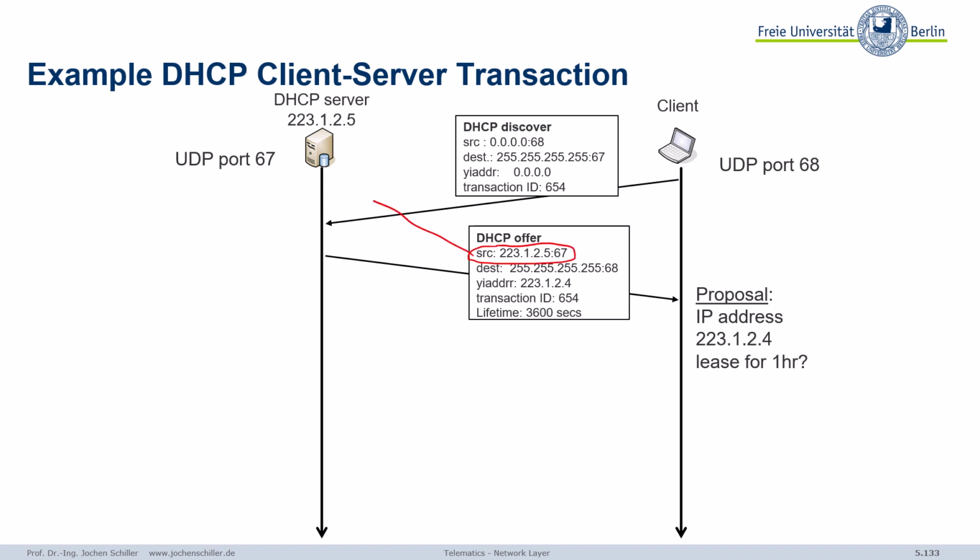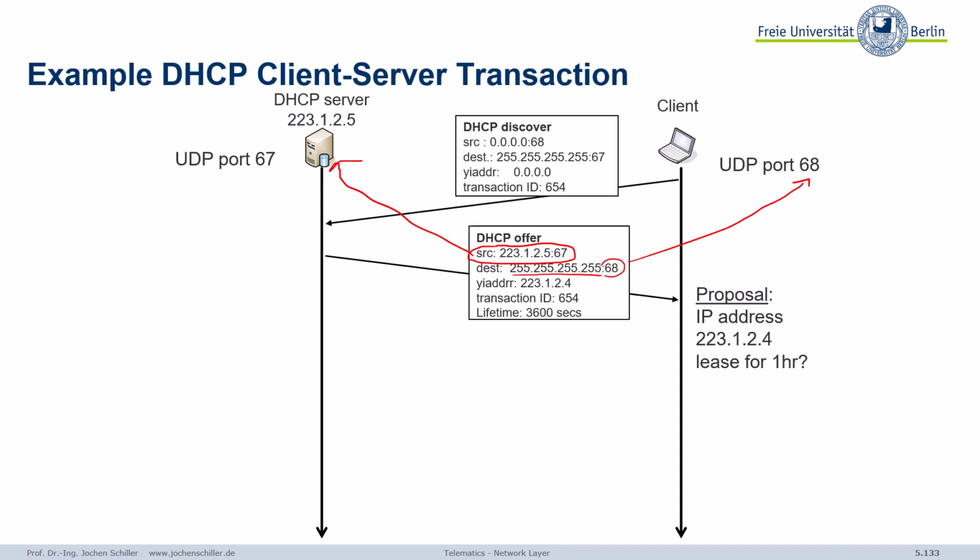That's exactly the source address of this DHCP server. It also goes to everyone to broadcast, but to a certain port. That's exactly this port here. And then I propose a certain IP address, internet address. Okay? And then the client has a certain proposal and says, okay, is this a good idea using this